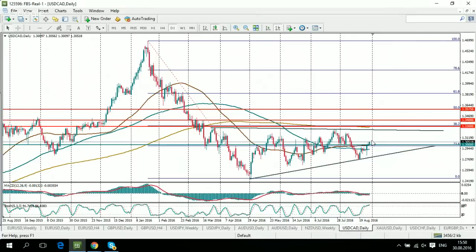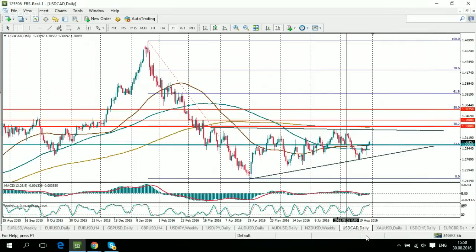We will watch Canadian GDP on Wednesday. It will surely give us more hints about the strength of the Canadian dollar, but I think that here we have some bullish potential, at least a small one,